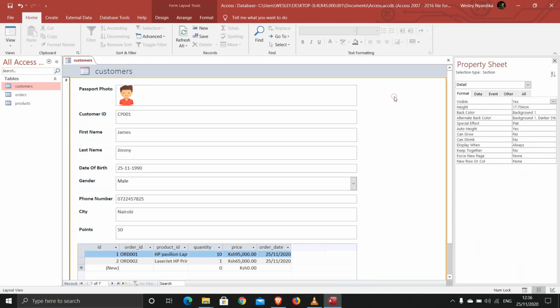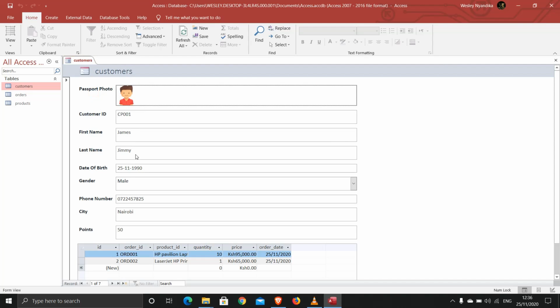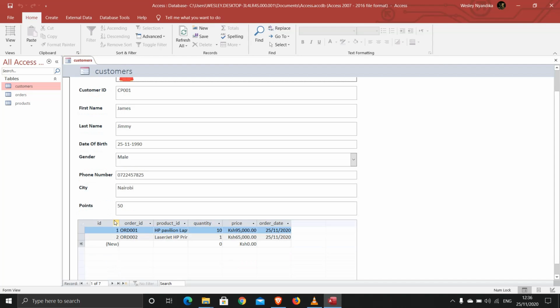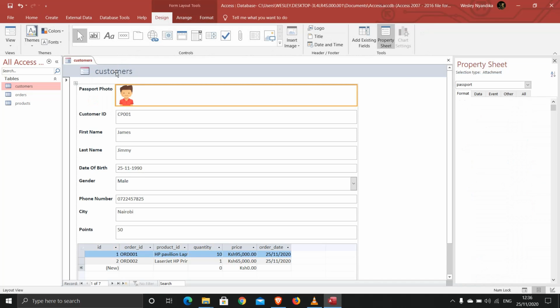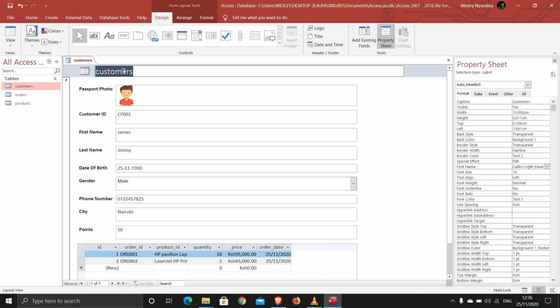So now that is our form. If I go to form view now, if I right click and go to form view, you can see what has happened. So this is how our form looks. Now we can also modify this title here. So if you go back to layout view and you double click here, it will allow you to change that. So here I can say